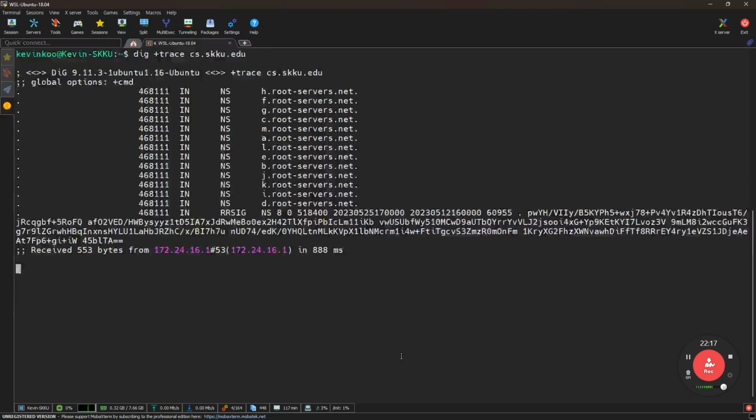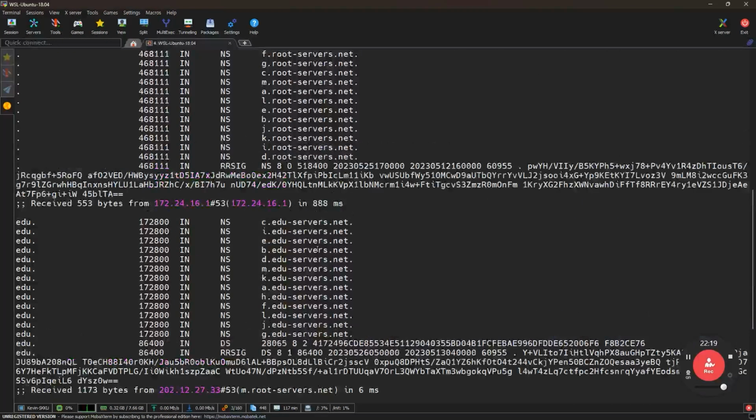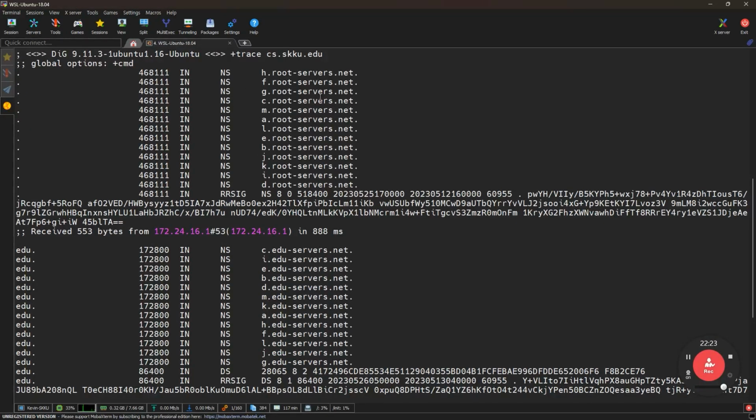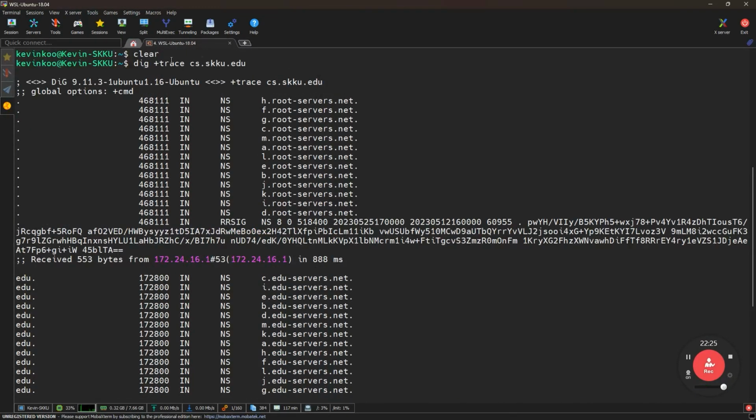Then you can actually see the actual responses from the root servers. So this command means trace everything if you want to do the recursive DNS lookup.